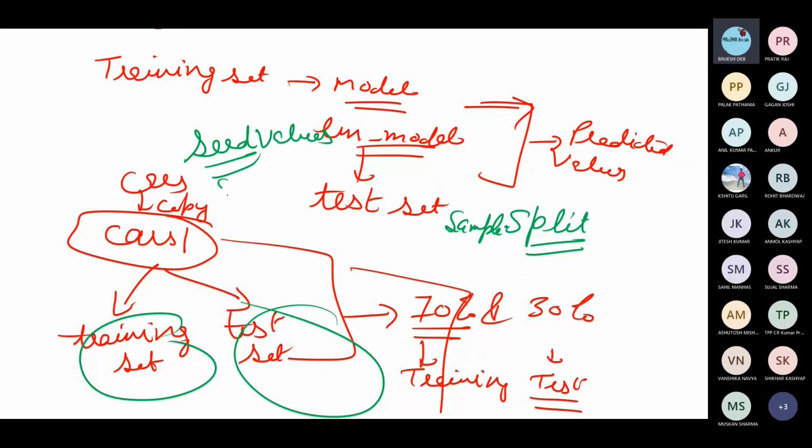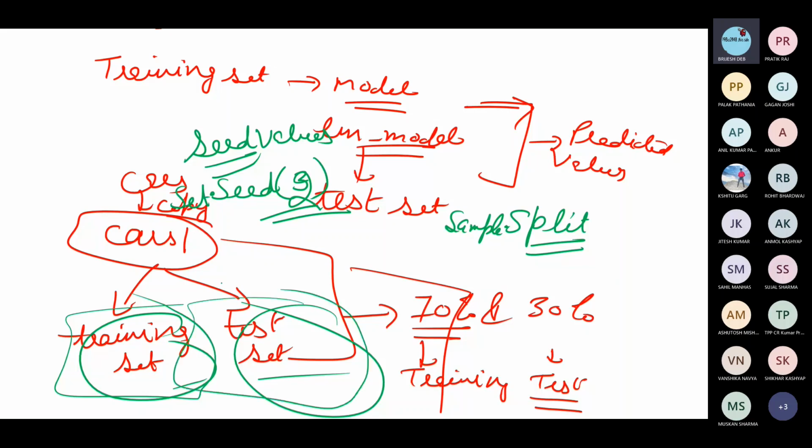For that, set.seed is an inbuilt function. If I specify set.seed equal to 3, it means we are dividing into 3 categories. If I specify set.seed equal to 2, it means I have set the seed value to 2 in which the splitting is going to happen. After doing this split, we will train the model with this. After this, we will specify the values with the test set, and we will make the prediction based on this test set. So this is the thing that we are going to do. So let's start that.